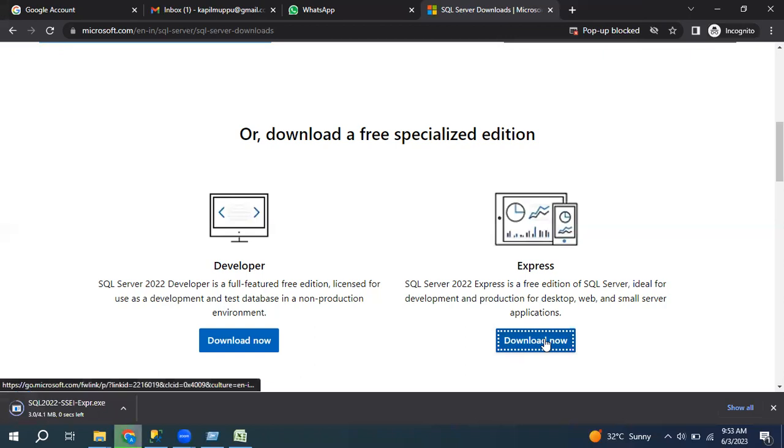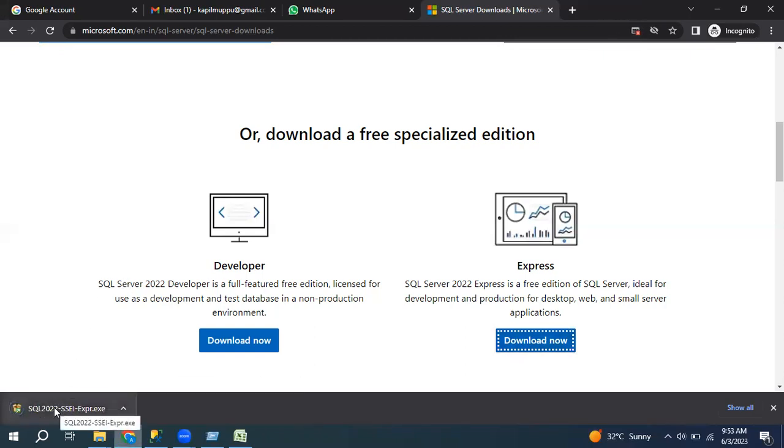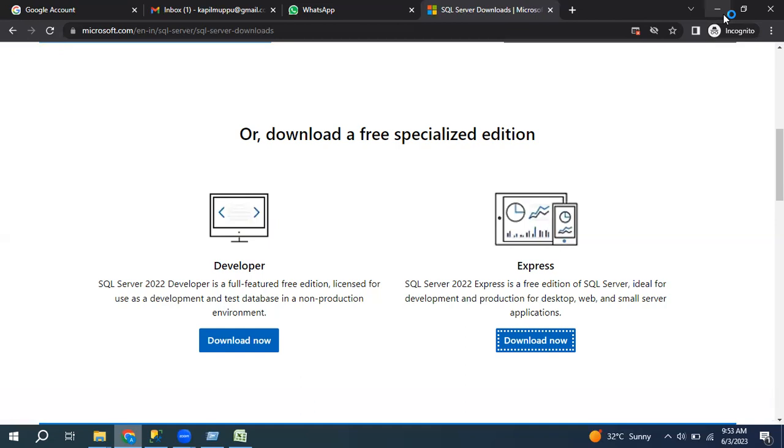Still classes are not started. I'm just going to explain how to download the SQL Server software. Okay, you can click this one. Already SQL Server is installed in my system, so you can click on OK.